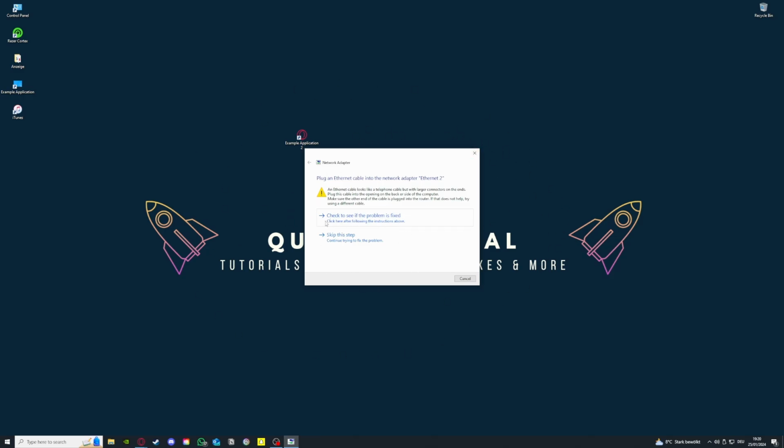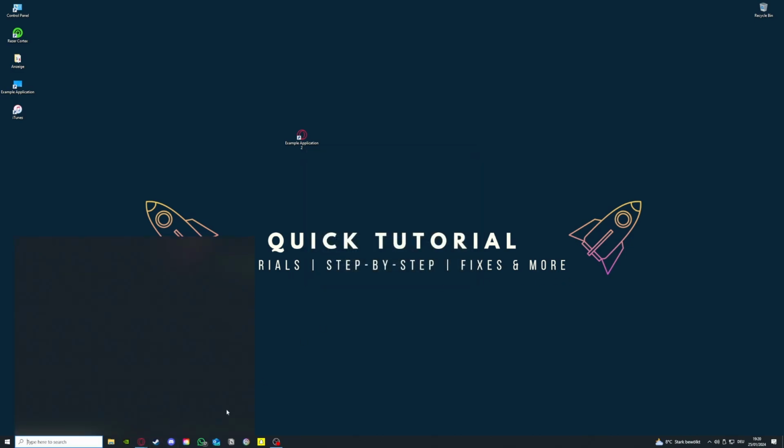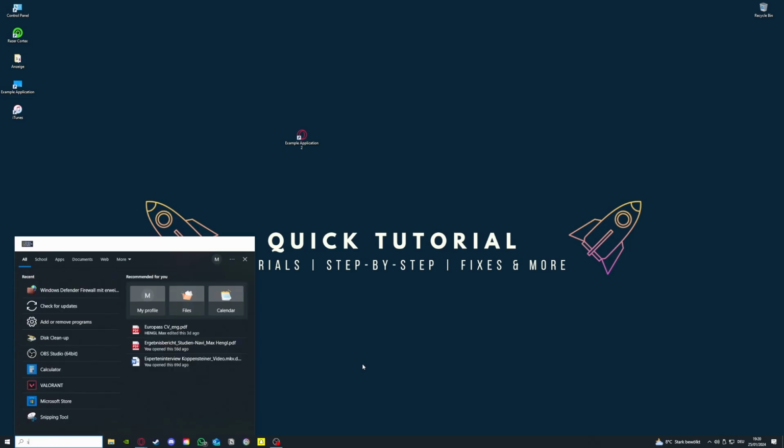You want to check if the problem is fixed. If there's a problem, it will check if it's fixed and then show you if everything is fixed. Okay, my Ethernet is working fine, so I think that's not a problem at all. For some reason there was a problem found, but I really don't care. You close the troubleshooter, but you can also do this over settings